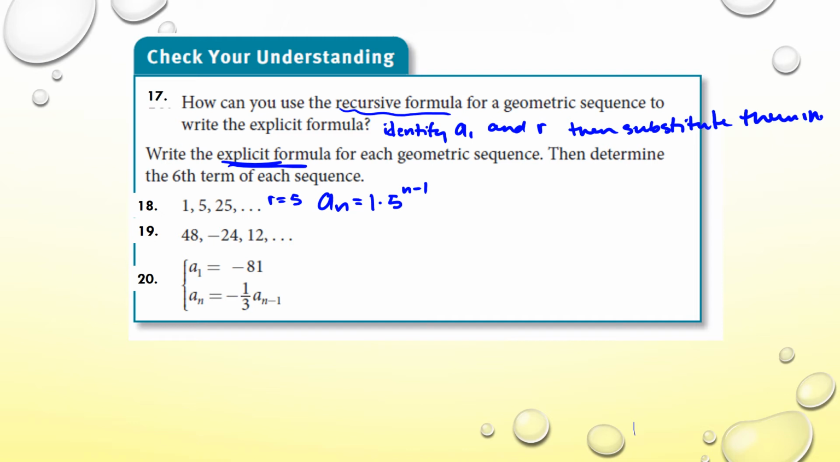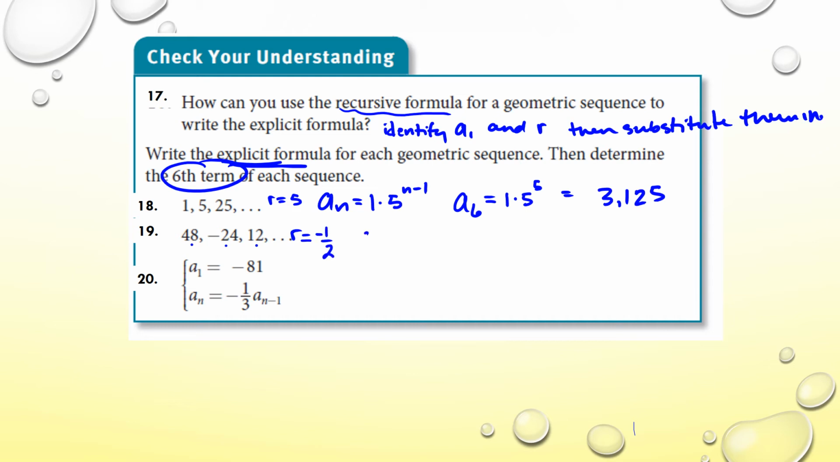So we're going to find the 6th term of each sequence. So a sub 6 would be 1 times 5 to the 6 minus 1, which is 5th power. And 5 to the 5th power is going to give us 3,125. And then this one, let's see, the ratio is negative, it's dividing by -2, so it's not -2, it's